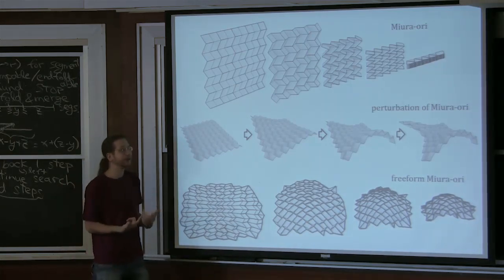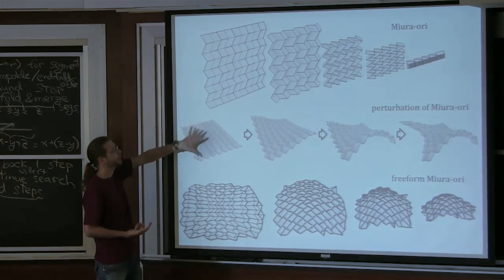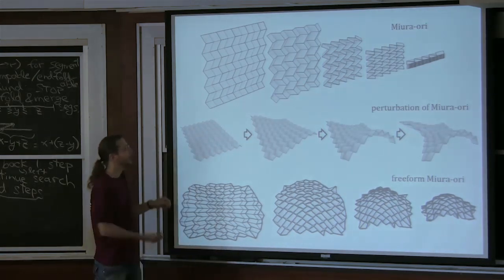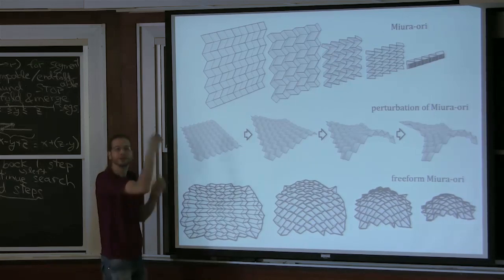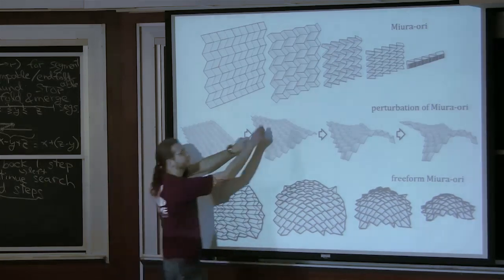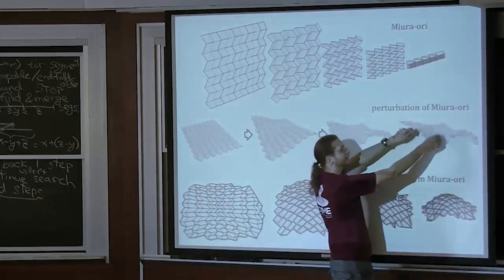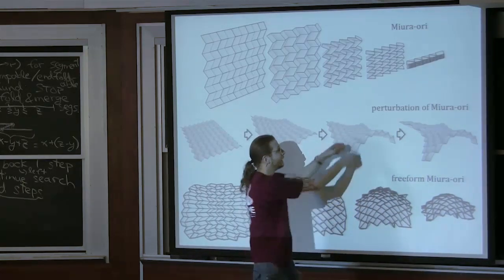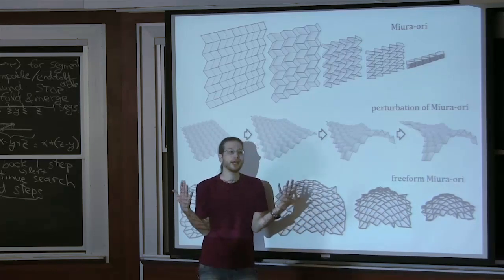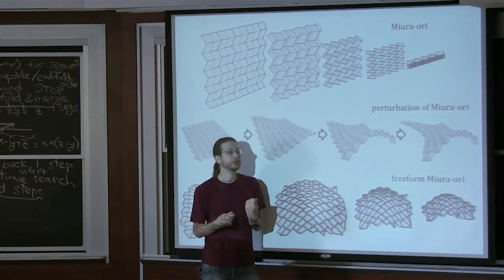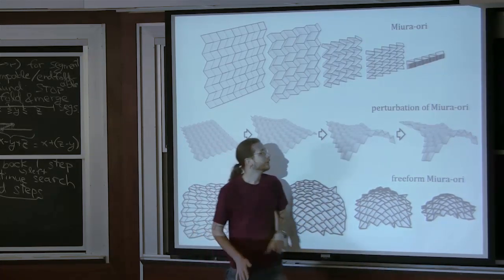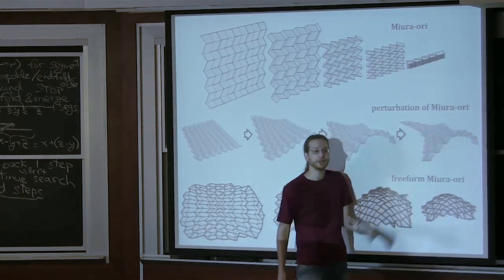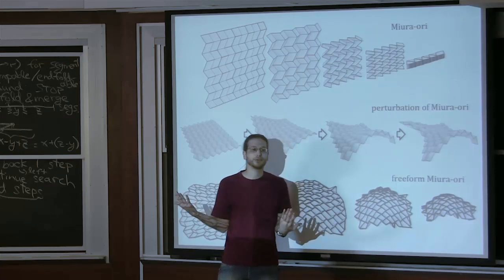And so Tomohiro's developed software that lets you start with something you know works. So this is a Miura Ori that's been folded partly. And then just start pulling on the vertices and messing it up and just changing the shape. So this is not a folding. You're changing how the paper fits together. You're changing the crease pattern. As you do that, he keeps track of the crease pattern, and he adds constraints to make sure that it stays flat foldable. The result is you end up with a 3D embedding, a 3D folding, and you have a flat foldable crease pattern that goes with it.